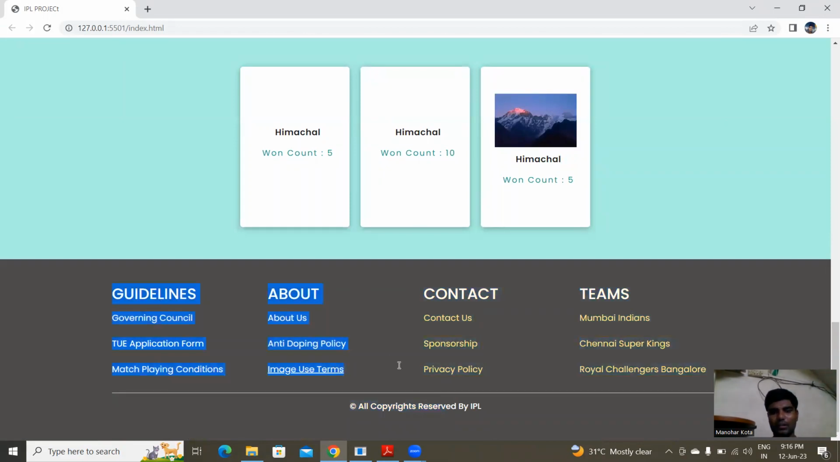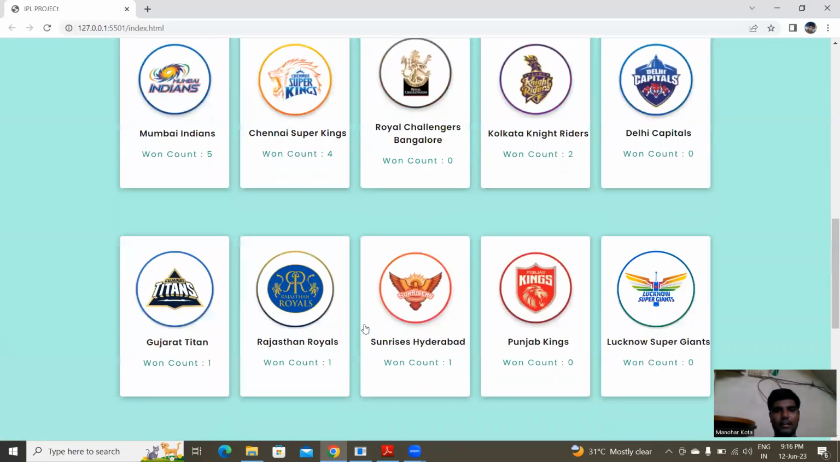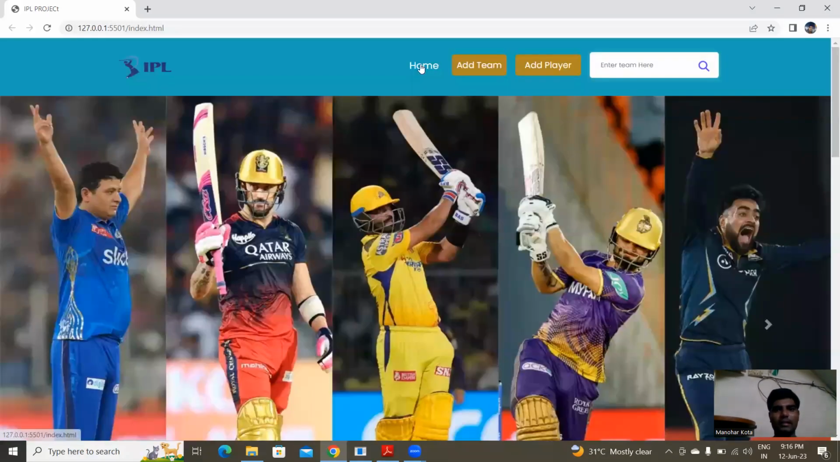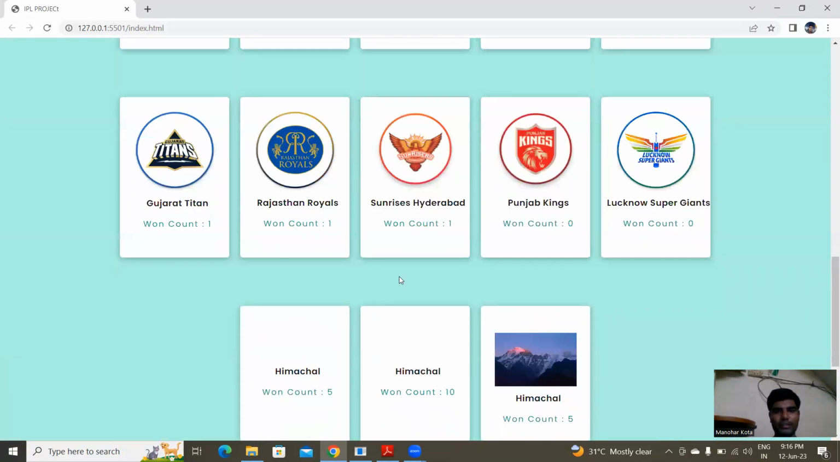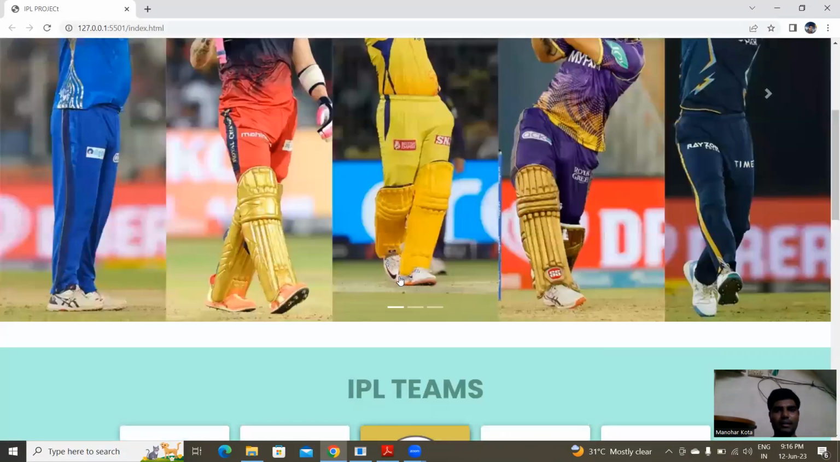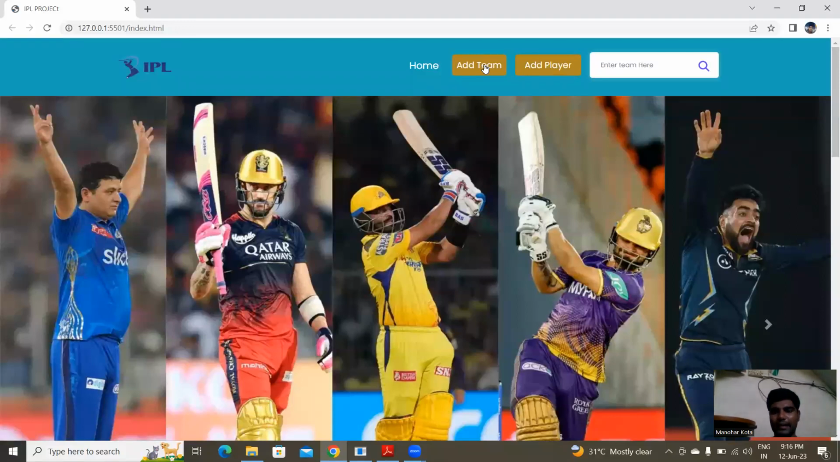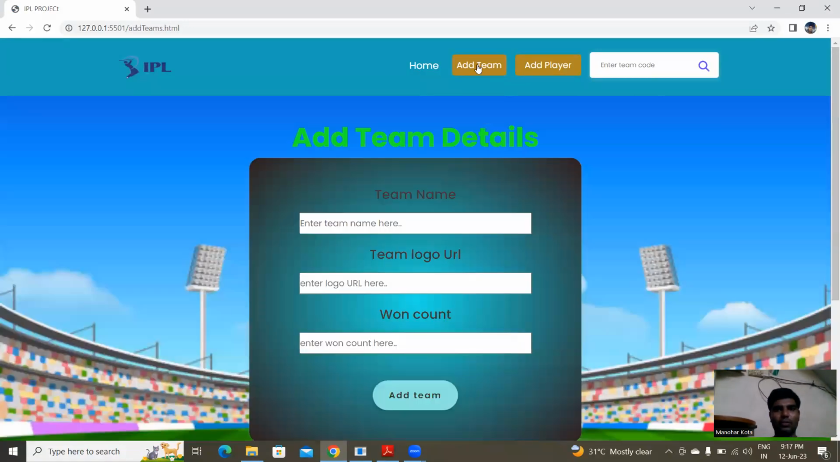The footer is optional or mandatory, but it is better to implement a footer section using the Bootstrap grid system or flexbox container. When I click the home button, it redirects to the home page. The next one is add team. When I click add team, it goes to